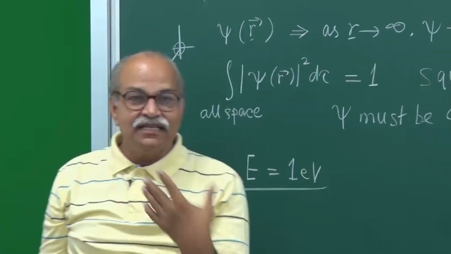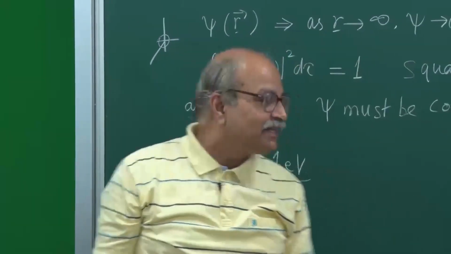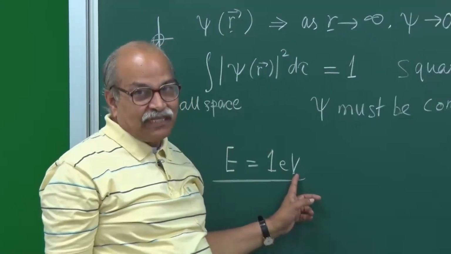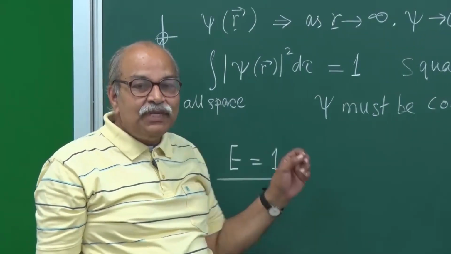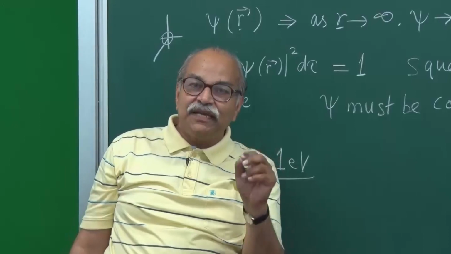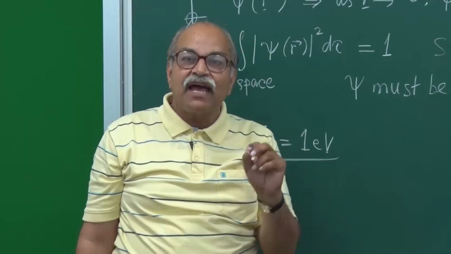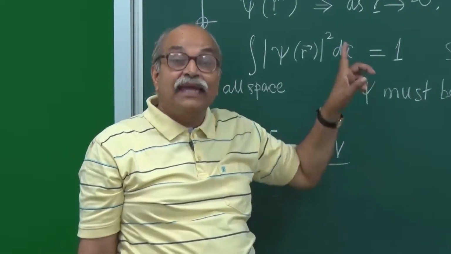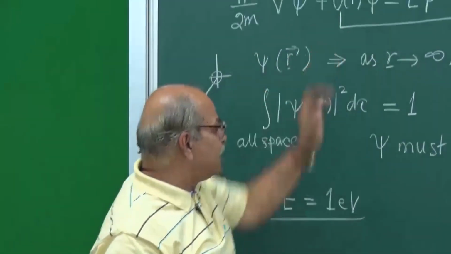And the answer is that you cannot have any psi. You cannot have any psi if this E is 1 electron volt or 2 electron volt or 1.5 electron volt. So only for some specific energies, only for some specific values of E, you can find psi. So that's the first thing. And in this particular case,